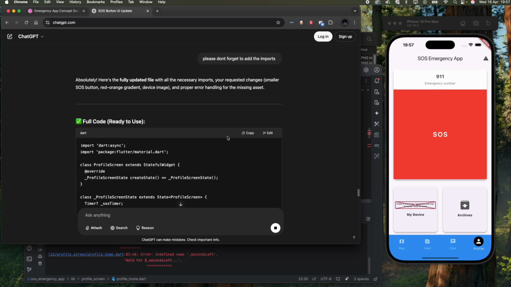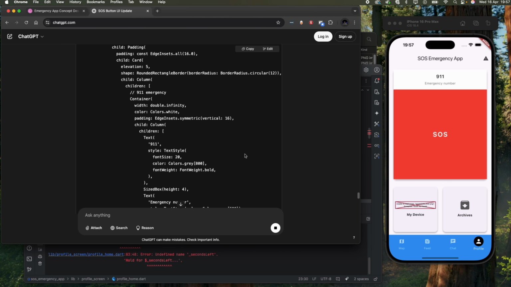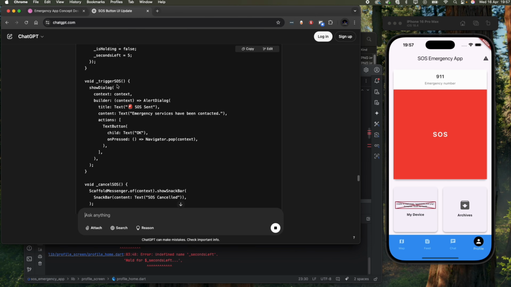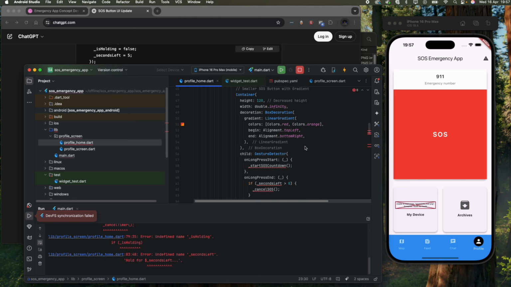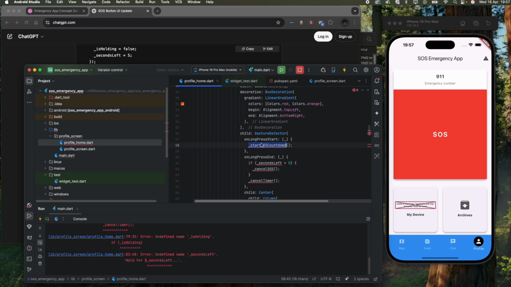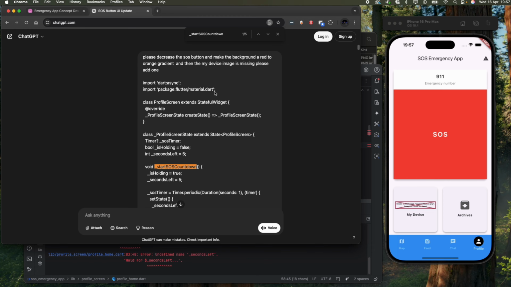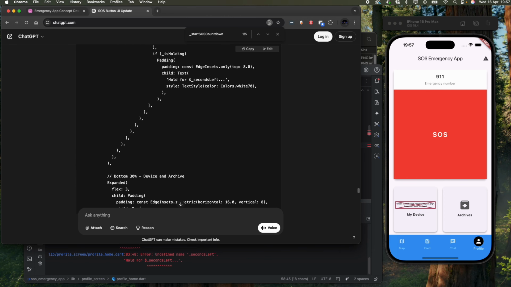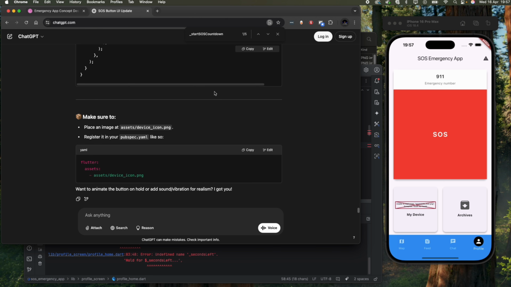There are the imports that we're missing, but I can bet you it's still going to be an issue because of the function that we had to do the SOS. But it looks like it's here now. Over here, it was saying the start SOS countdown does not exist. Let me copy and search. Is it in the new code? It is in the new code. And it wants me to download an image. I don't want to download an image, so please use